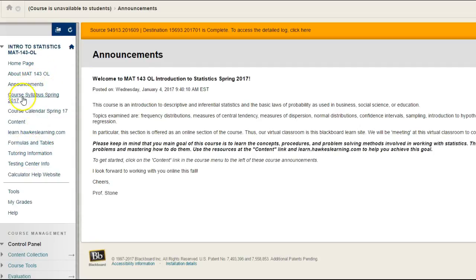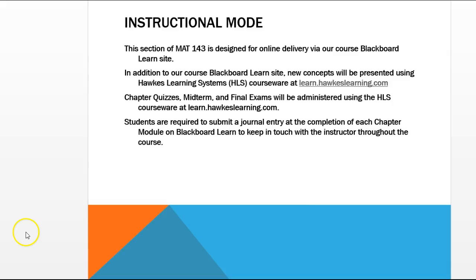You will be working with these content links. So once again, you'll be submitting a journal entry at the completion of each chapter module. So the journal entries are on the last page of each module. So as you progress through the course and you go to the content link, you will go through each chapter, look at the resources, read the instructions, and a major place you'll be going for every lesson is at our Hawkes Learning Systems courseware at